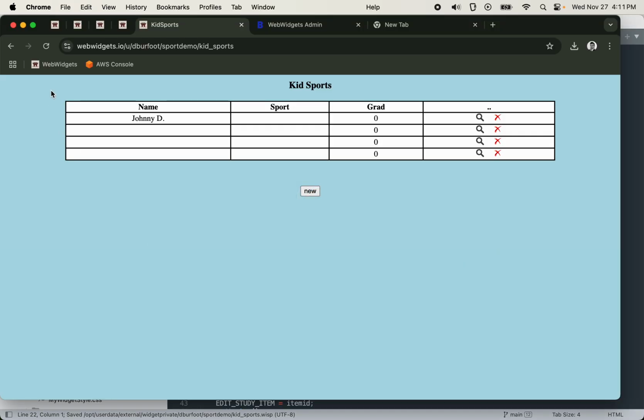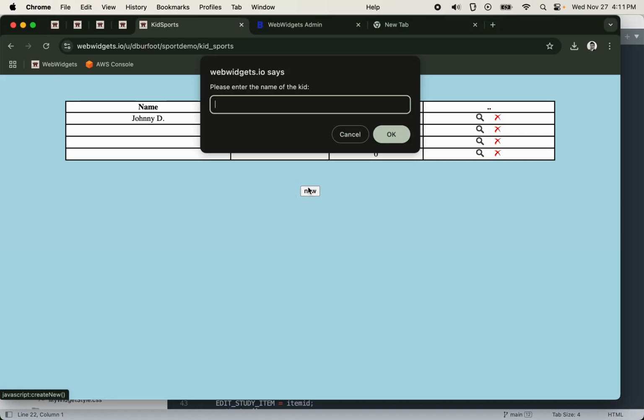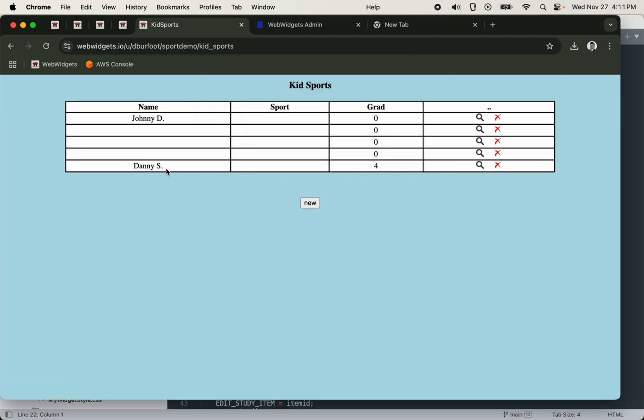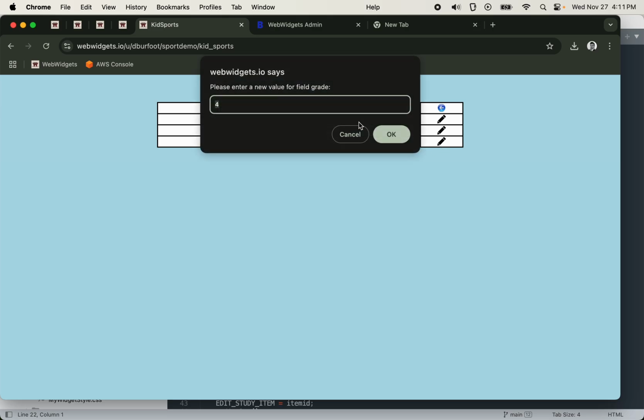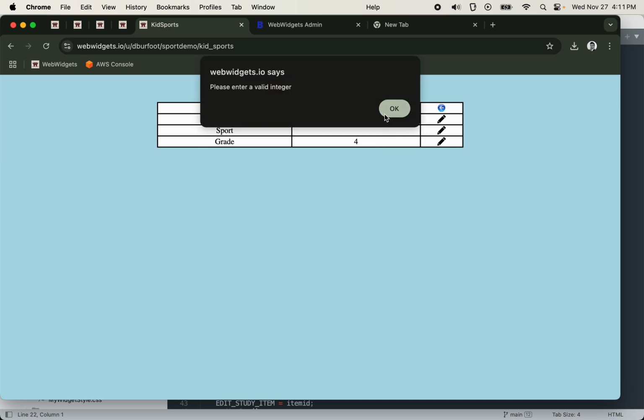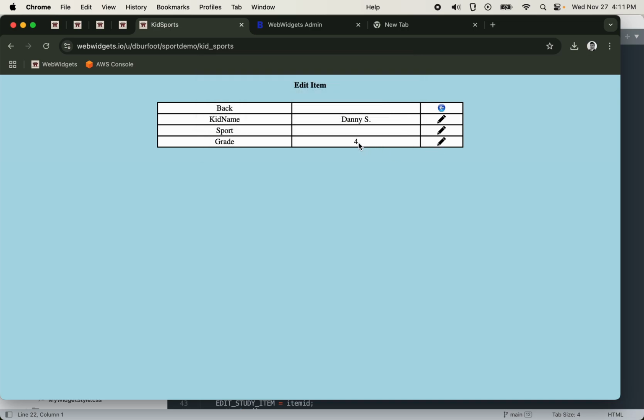Push, reload, new. Danny S. Okay, so now we've got Danny S in grade 4, and that's going in there. This will let me change that, but it should block me from entering some garbage like that. Please enter a valid integer. So it knows it has to be an integer, but it doesn't know